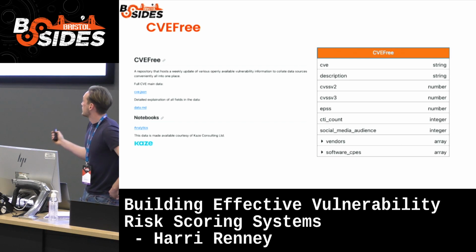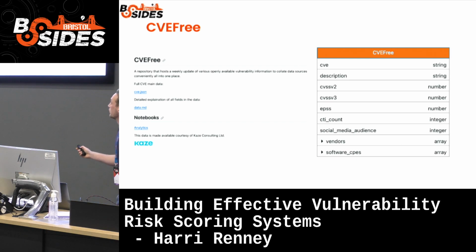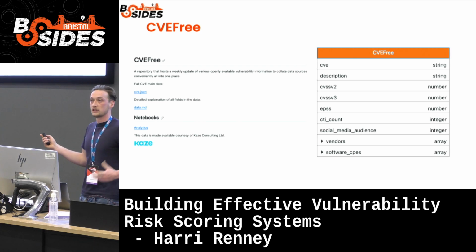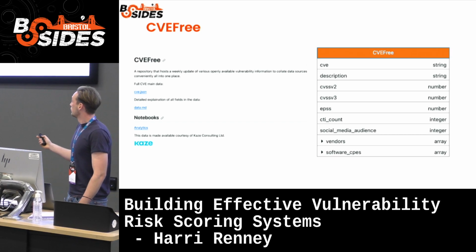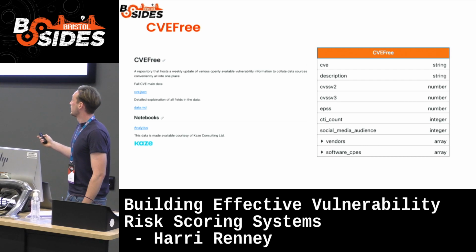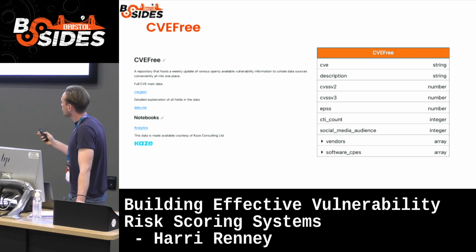And I would say this has all the vulnerability information I've just covered in the slides that you could build a risk formula yourself from. This is just on GitHub. You can go and get this data. It's not live and dynamic, but every week you'll be able to get a decently fresh risk calculation out of the data provided in here.